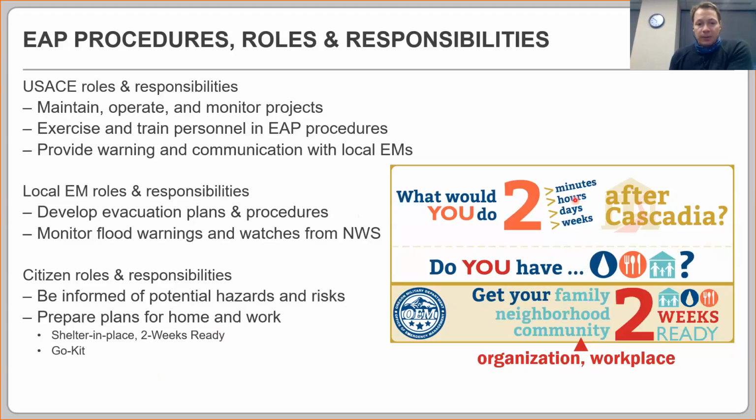And so here's a graphic from the Oregon Emergency Management. What would you do 2 minutes, 2 hours, 2 days, 2 weeks after a Cascadia earthquake? Do you have the water, the food, the shelter, the plan? Is your family, neighborhood, community 2 weeks ready? So that's kind of a reminder